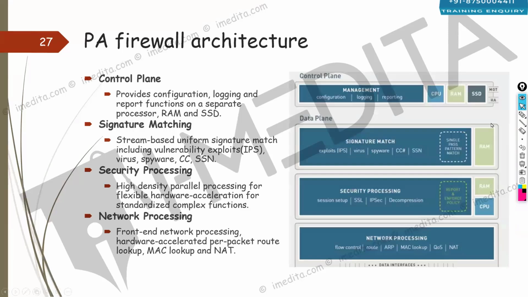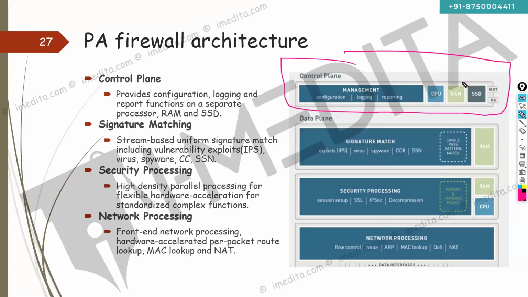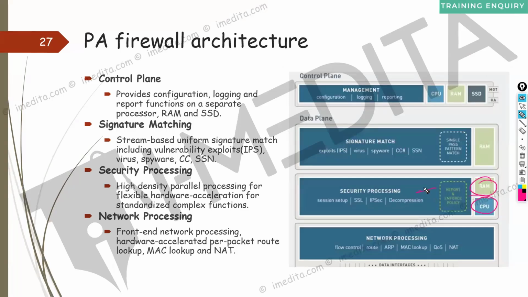Okay, now this is the internal architecture of the firewall. We have a separated control plane for management and configuration. We have dedicated CPU, RAM, and hard disk, and a dedicated interface. Clear? When we talk about the data plane, in the data plane we have dedicated RAM and CPU, where we require signature matching for IPS, virus, spyware, and credit card numbers. For that we require RAM, so we have dedicated RAM. Where we do security processing, session setup, SSL, IPsec, and compression, we require both RAM and CPU, so we have both. Got it or not? So we have separate control plane and data plane, and for these planes we are using